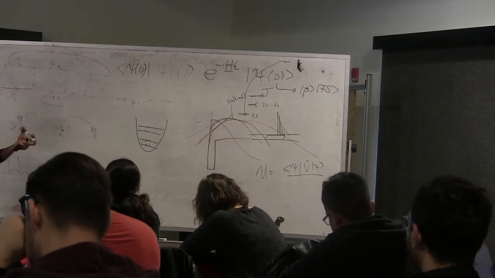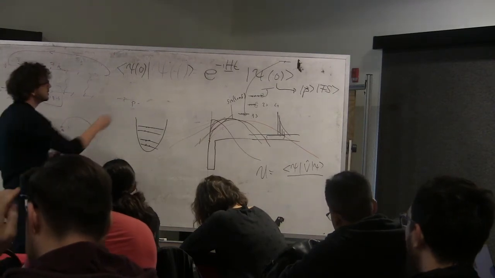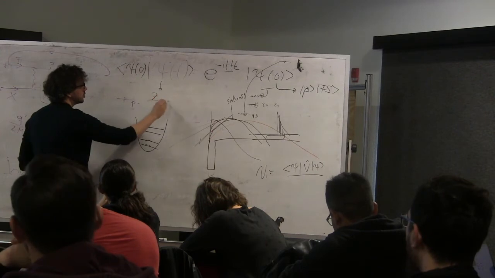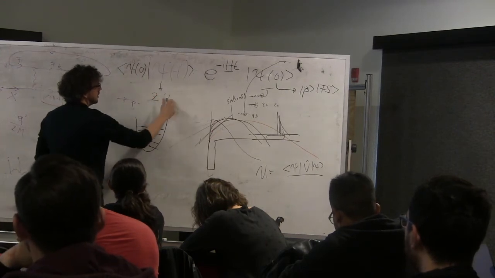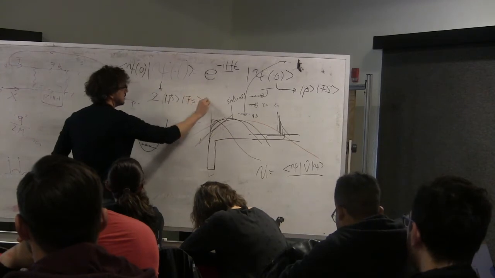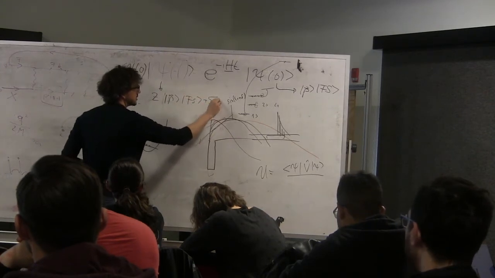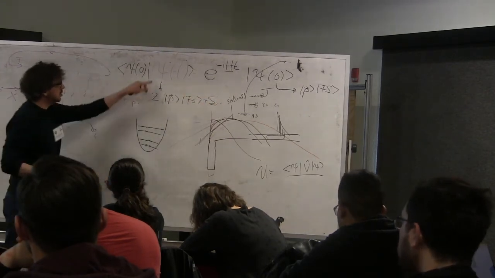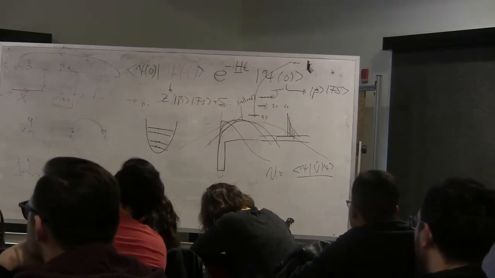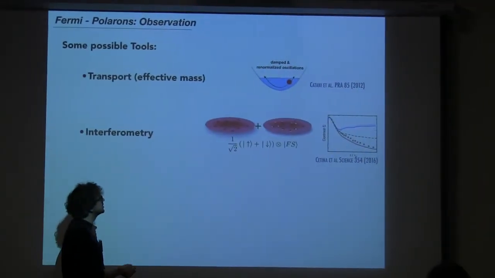And you might want to ask, how is this developing over a very long time? This would go to something like z times the impurity momentum p plus the Fermi sea, and then come all these corrections which we discussed yesterday. So at long times we probably approach the quasi-particle wave function. This you can do in cold atom experiments. It's something which is really hard to do in solid-state systems.